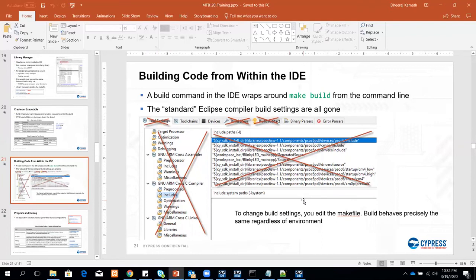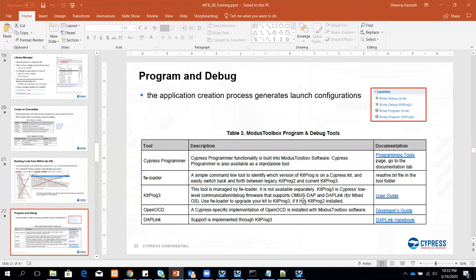So as I mentioned, we no longer have the IDE options. Everything is controlled using the makefile. So you don't see any of these options which were earlier there in 1.1. All of that is now removed, and 2.0 just makes it easier. You have a single makefile, you have a couple of variables, just edit one of them, and then you get the particular output that you want.